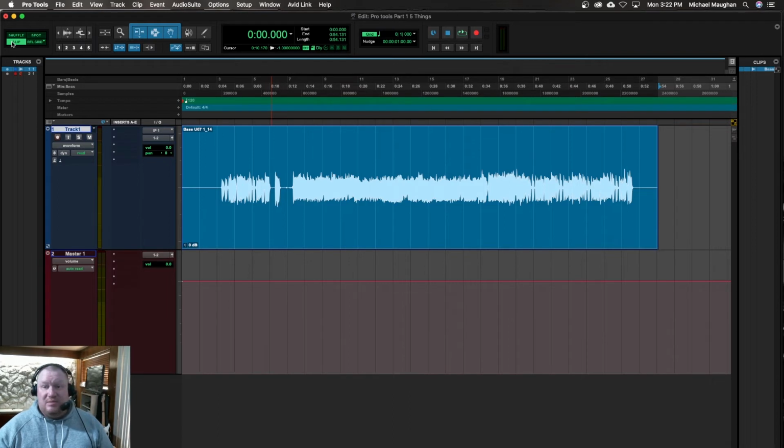99% of the time, you'll probably be in slip. Occasionally, you'll be in grid, shuffle, or spot, depending on what you're wanting to do. But knowing those 4 modes really gets you kind of the overall view of how to operate inside of Pro Tools. And then the next thing I wanted to talk about